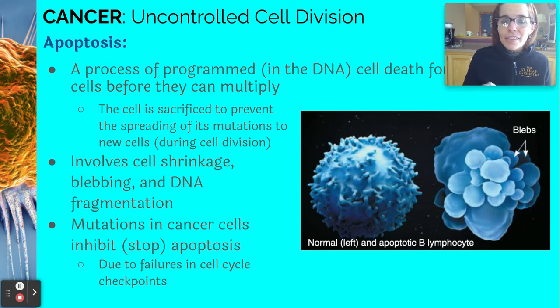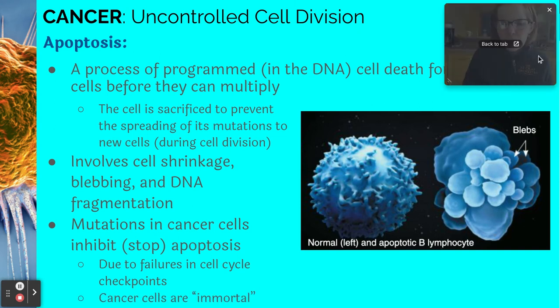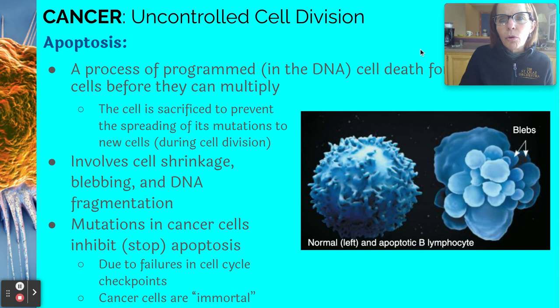This is due to failures in the cell cycle checkpoints. So the cell cycle checkpoints have mutations in them in a cancer cell. And so all those things that are supposed to prevent cancer have been mutated, and now we're developing cancer. So we often say that cancer cells are immortal. What do we mean by immortal? I can kill a cancer cell very easily. I can squash a cancer cell and it'll be dead. But cancer cells, number one, don't kill themselves, and they keep dividing and keep dividing